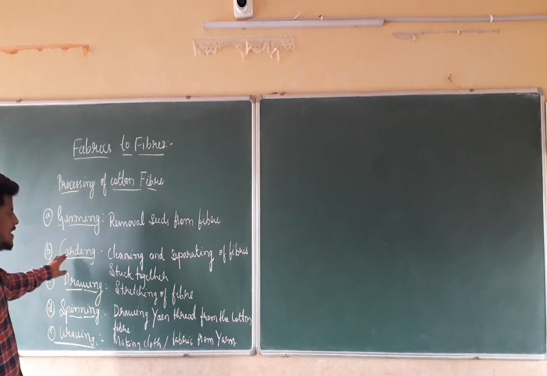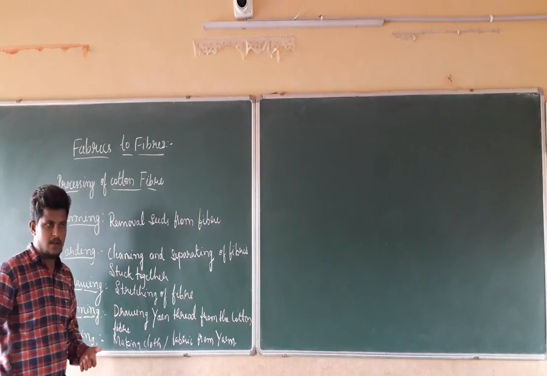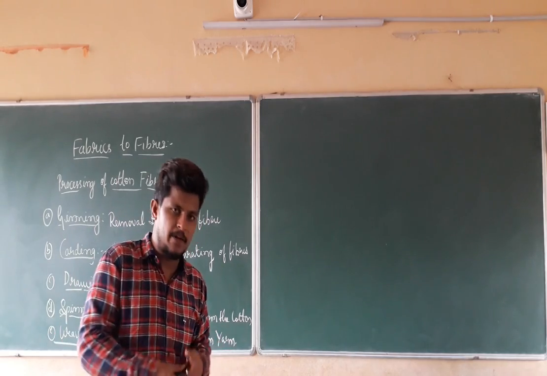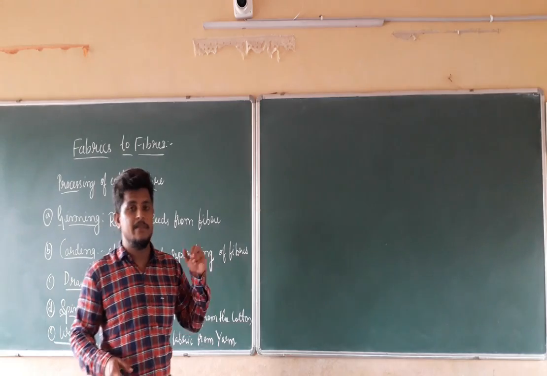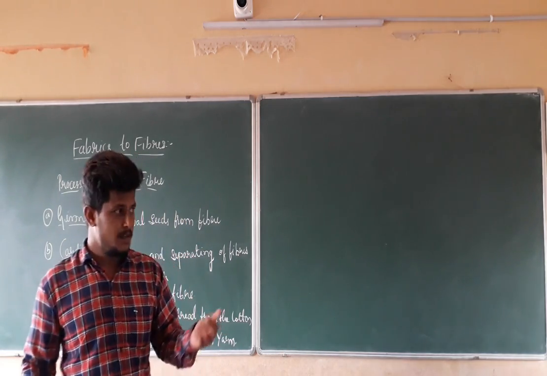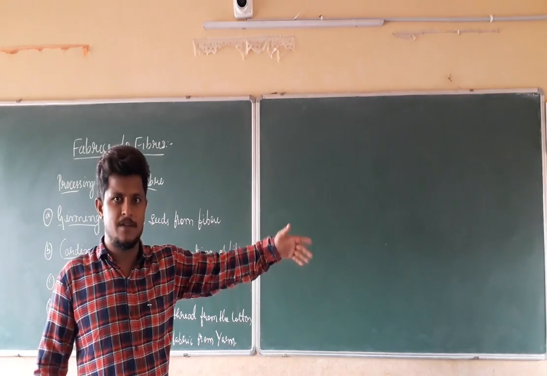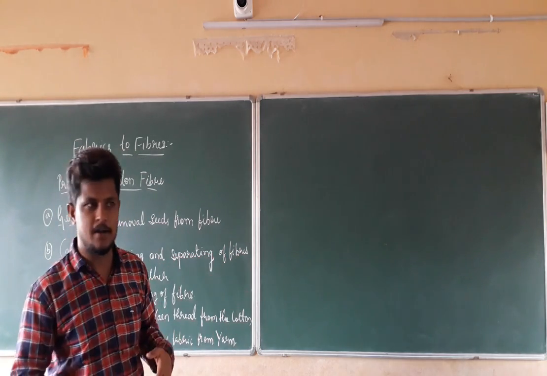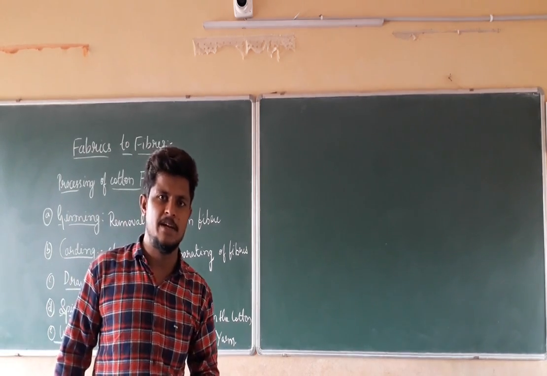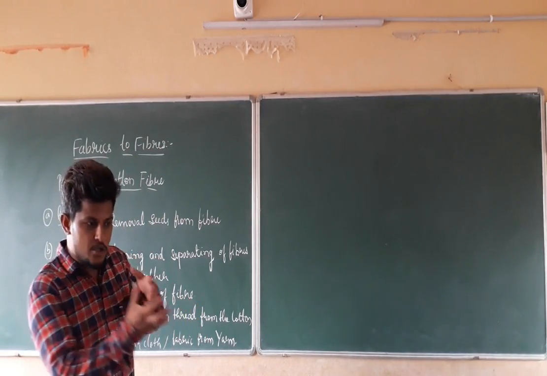That is nothing but carding. Carding is nothing but cleaning and separating the fibers stuck together. We have to first clean that fiber. If it has impurities or contamination, you have to remove those things. It is easy for it to become contaminated because we are growing the cotton in cotton fields, where the environment is open and there is a chance that it will be contaminated or pick up waste material. So we have to clean those things.